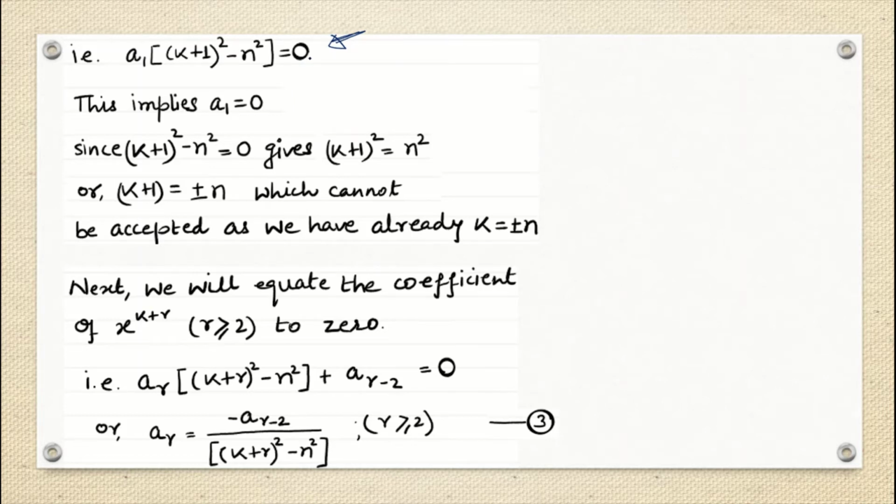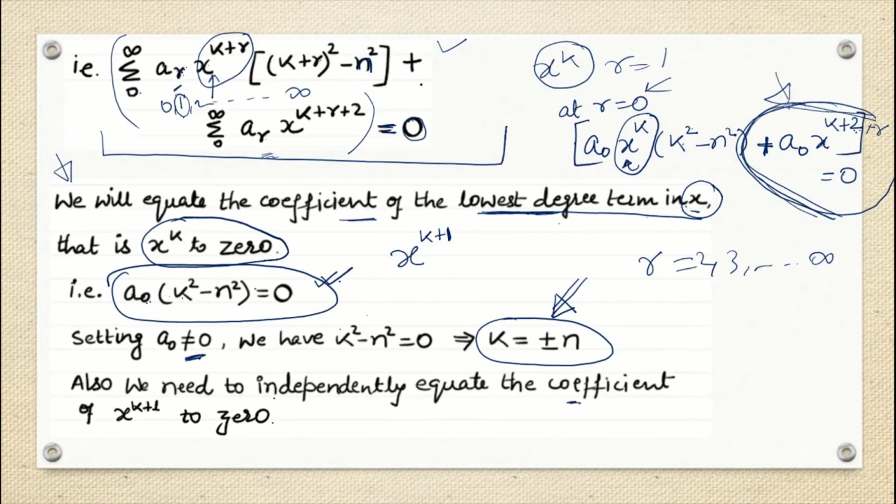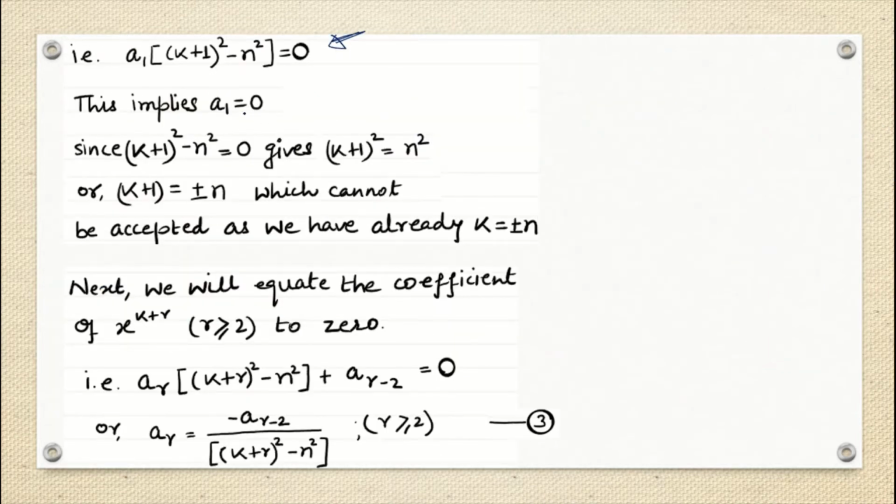And why are we picking the first term, second term, third term, and equating with 0? Because the final right hand side is 0. So I have to make each and every term 0. So for that, what are we saying? This implies that a1 is 0, because there will be two cases here again. If this is 0, that means either my a1 is 0 or my (k plus 1) whole square minus n square is 0. If suppose, like we say a naught is not 0, we'll also say that a1 is not 0.